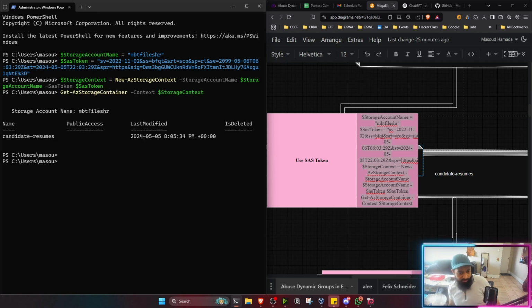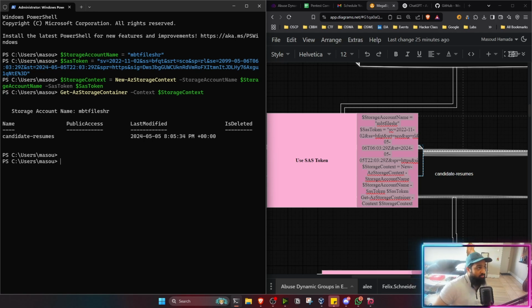And we have now completely unpacked the storage token, and now we can see that there's candidate resumes as a container in the storage